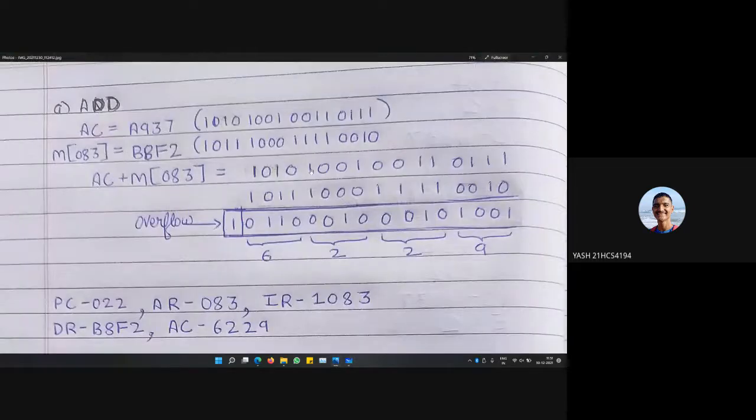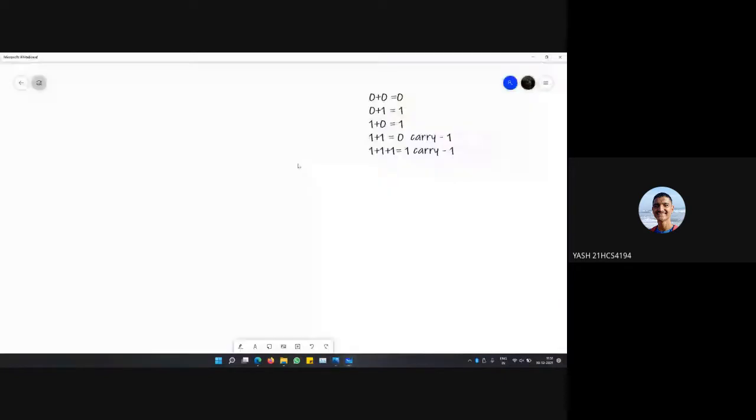Now when we see the question, it is A937 and B8F2. So A937: A is 10, 9, 3, and 7.